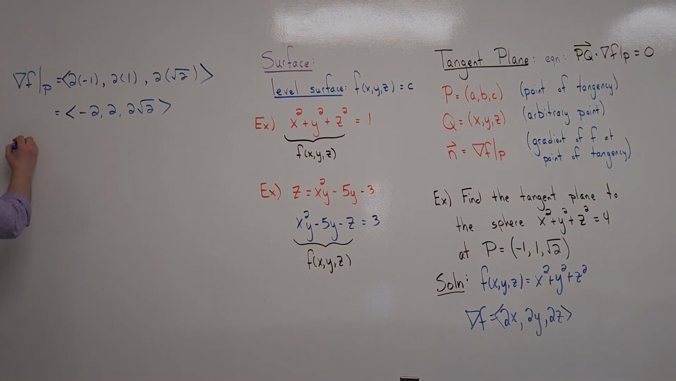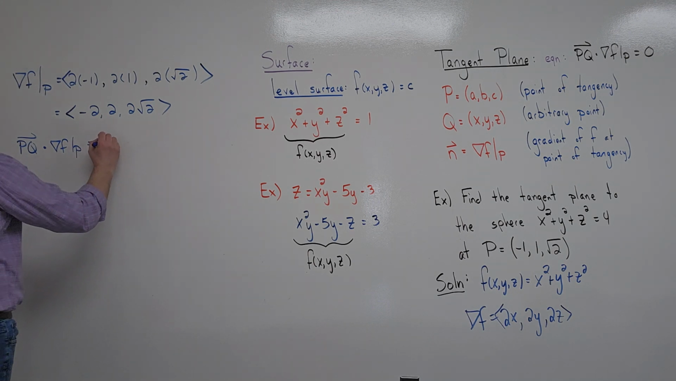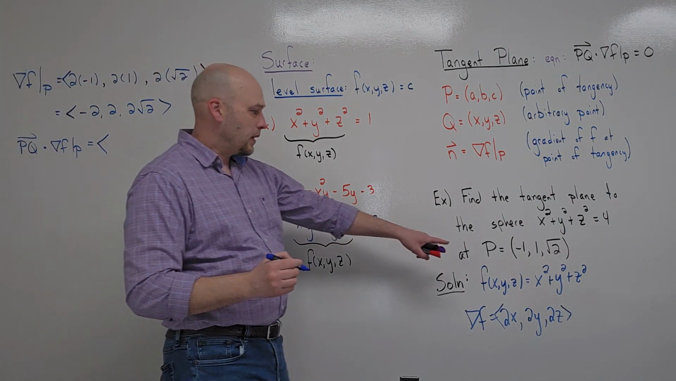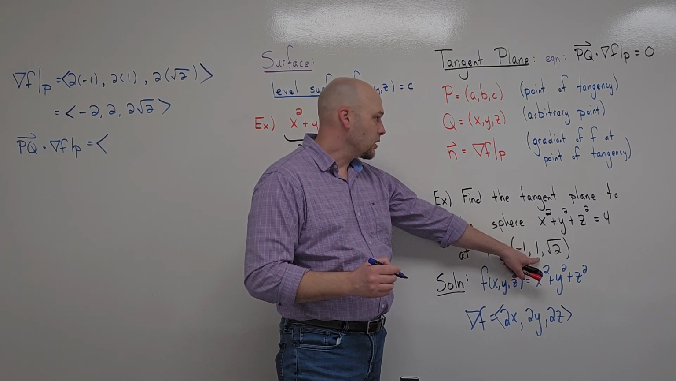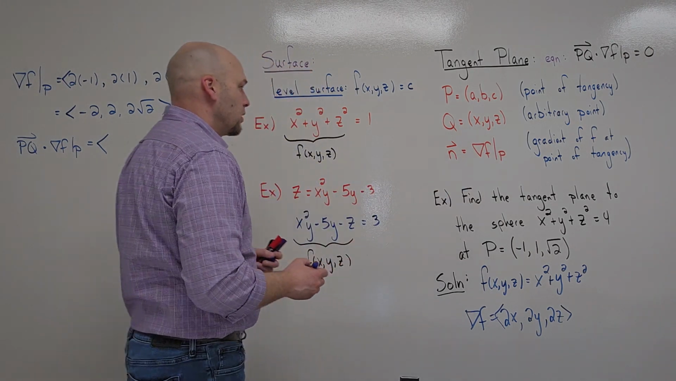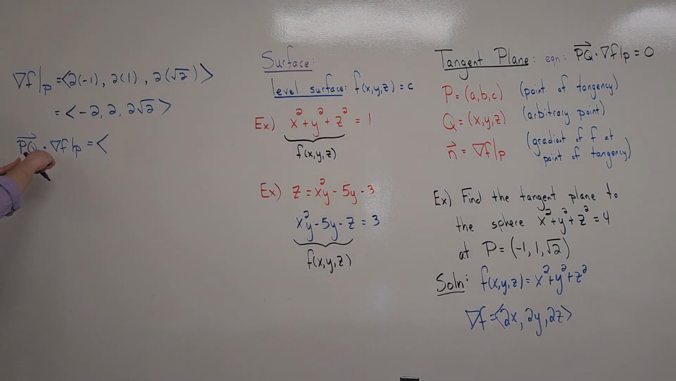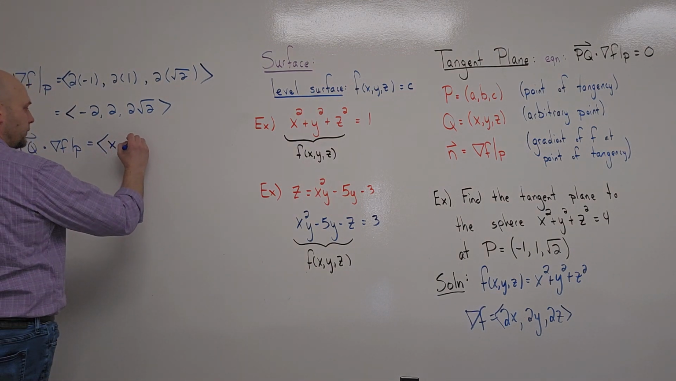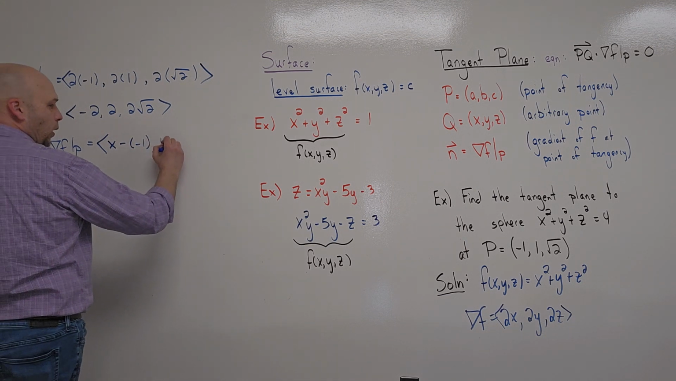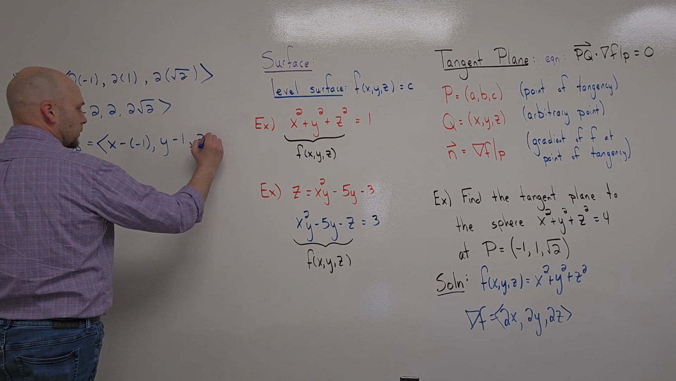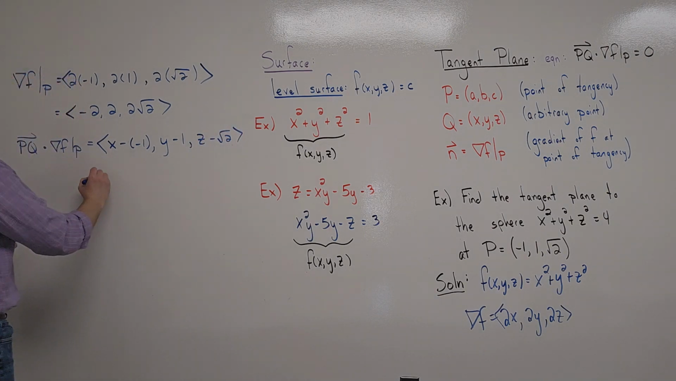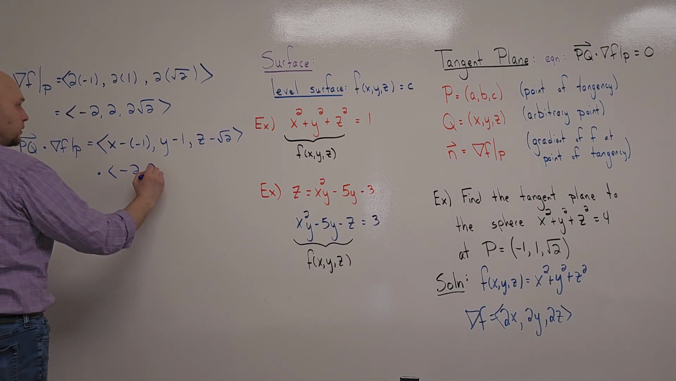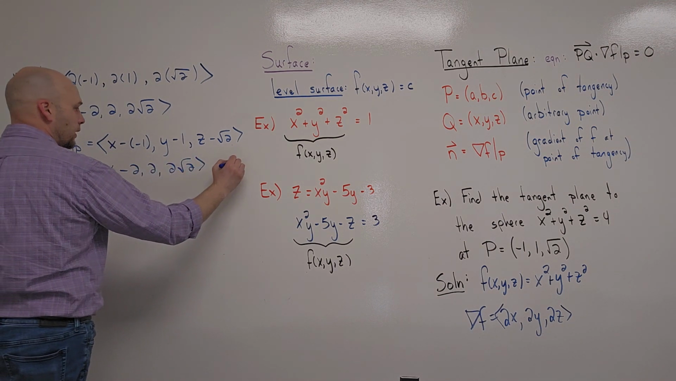So that would be the vector p to q dotted with the gradient at p. So p is going to be this fixed point here. That's the point of tangency. Remember, q is an arbitrary point x, y, z. And when we go to the vector p to q, it's final minus initial. So in other words, this would be x minus -1, y minus 1, z minus √2. And I take the dot product with -2, 2, 2√2, and I set that equal to